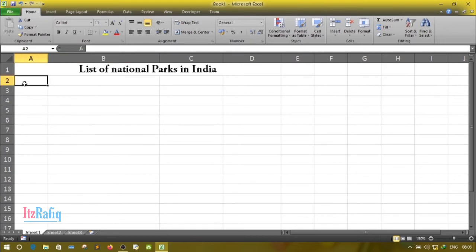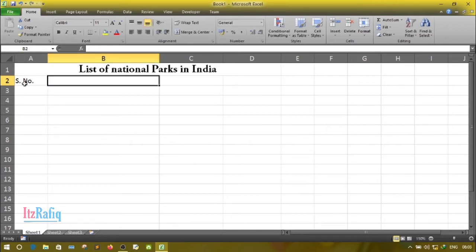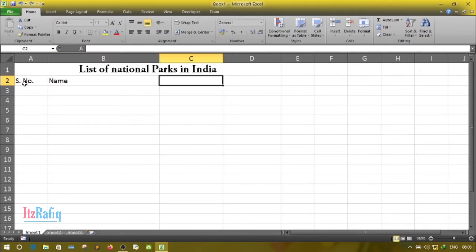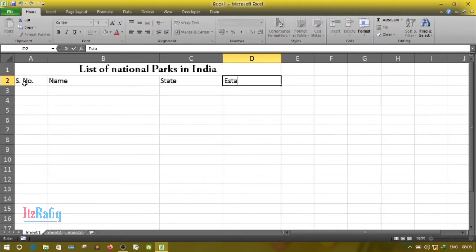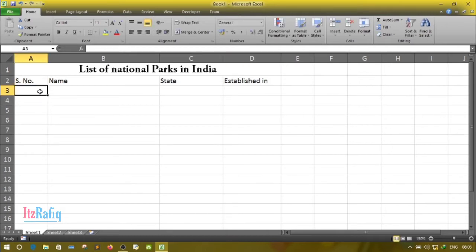Now in cell A2 we'll write serial number as S. No. In cell B2 we'll write name, then state, then establishment. Now we'll come to the next row.